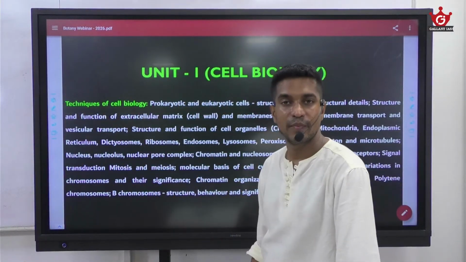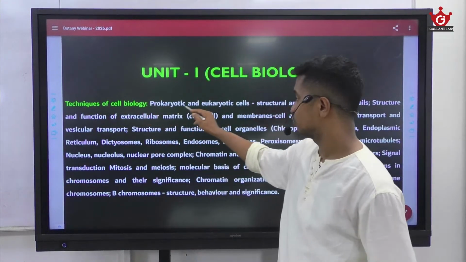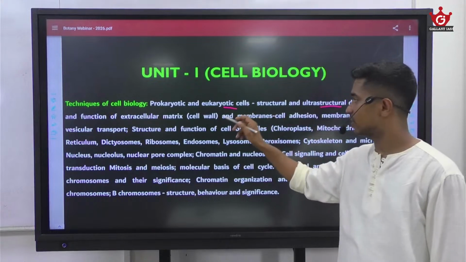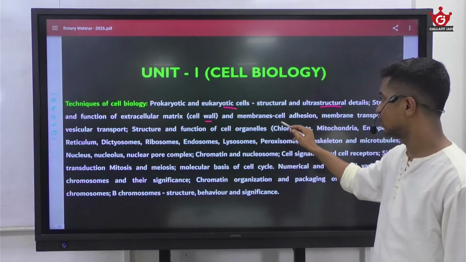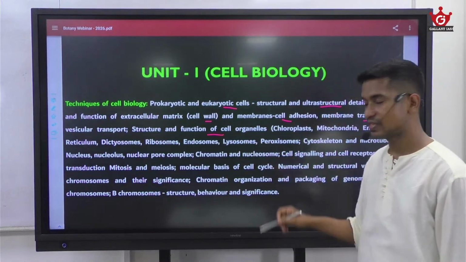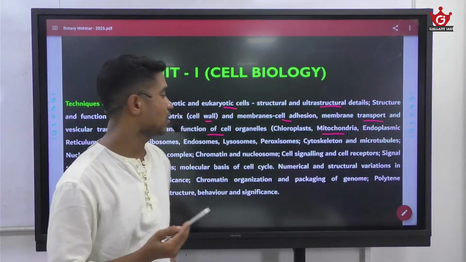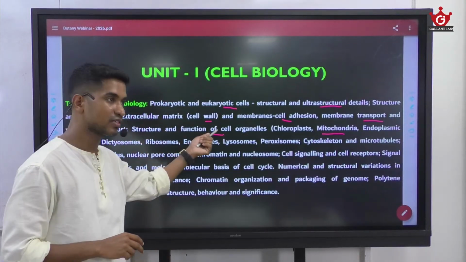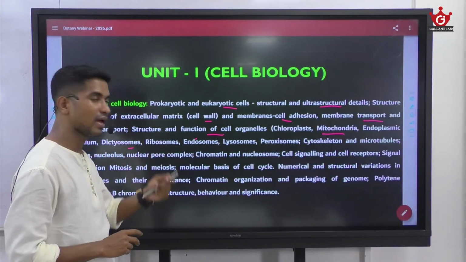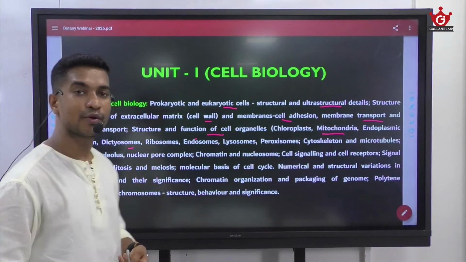The first unit of paper 2 is cell biology. Starting from prokaryotic and eukaryotic cell, structural and ultrastructural details, structure and function of extracellular matrix, cell wall and membrane, cell adhesion, membrane transport and vesicular transport, structure and function of cell organelles, chloroplast, mitochondria. Under cell organelles, you have to study the structure and function of chloroplast, mitochondria, endoplasmic reticulum, dictyosomes, ribosomes, endosomes, lysosomes, peroxisomes, cytoskeleton and microtubules,